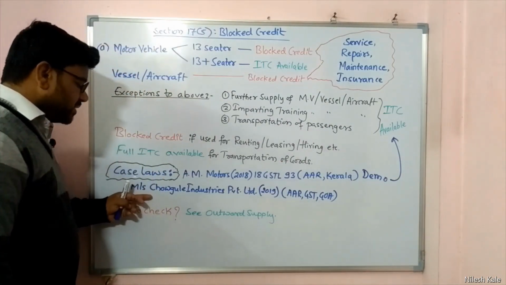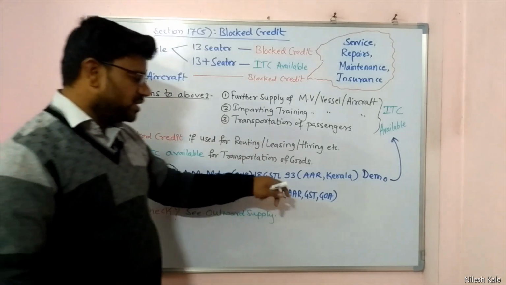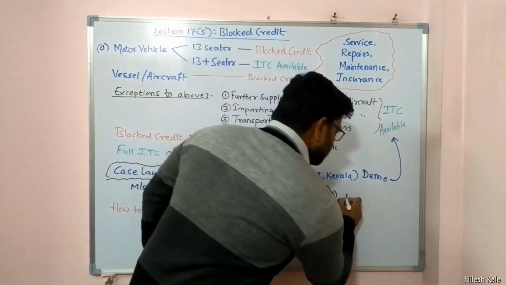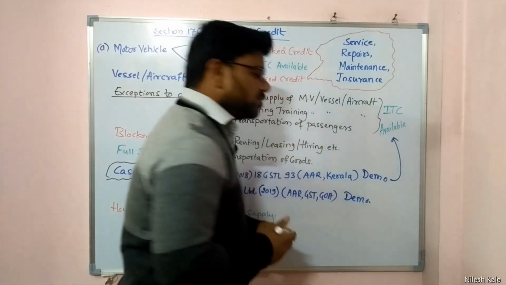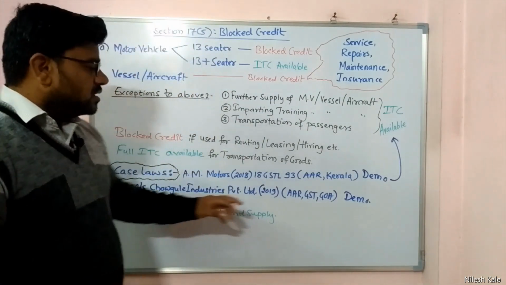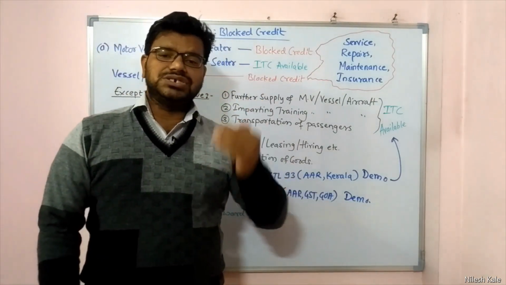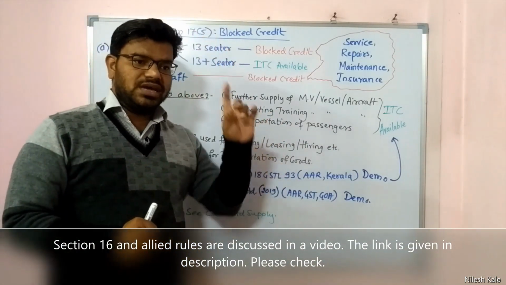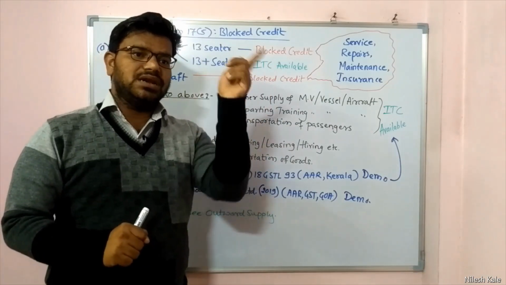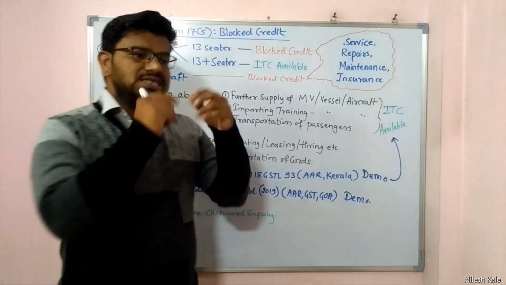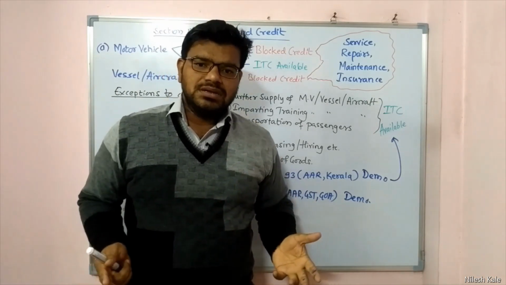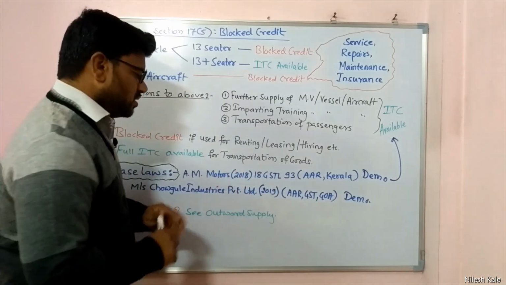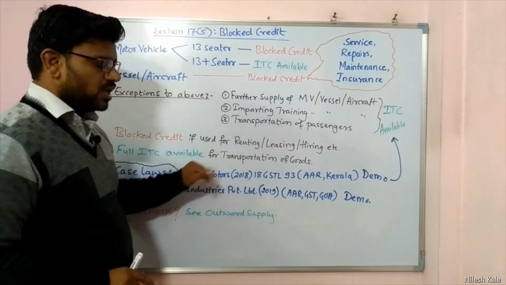Now what happened in this case? Messrs. Chogole Industries Private Limited in 2019, this case had happened in Goa, right? This is also related to a demo car. Now what this person had done was that he had taken a demo car and he capitalized it into his books of accounts, and according to the rules, section 16 on eligibility and conditions, there we had seen capitalizing and non-capitalizing. When you capitalize it in books of accounts, ITC is available, right? So the GST officer said no, ITC is not available according to the act.